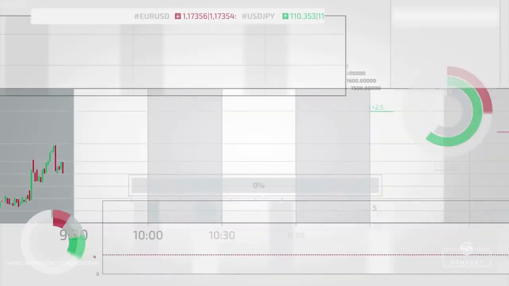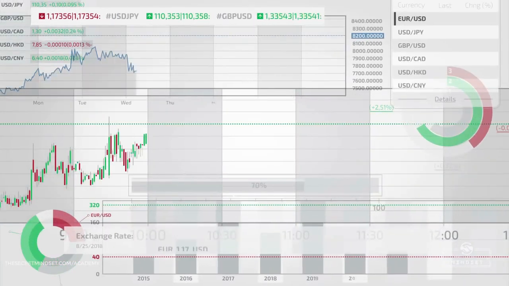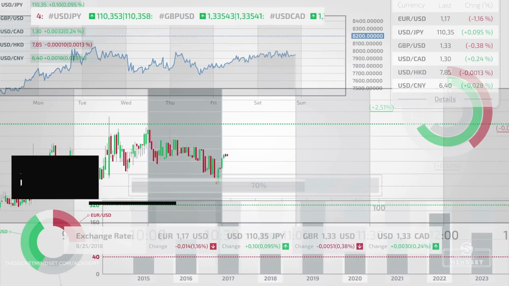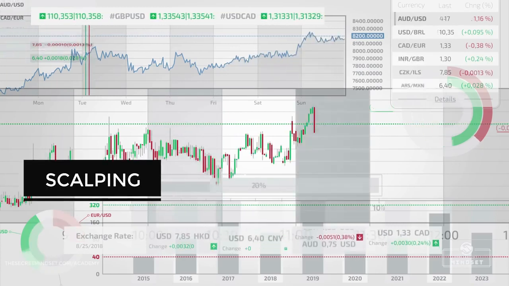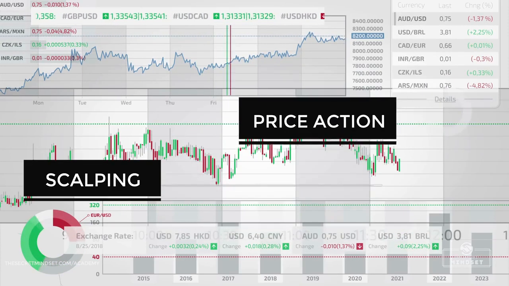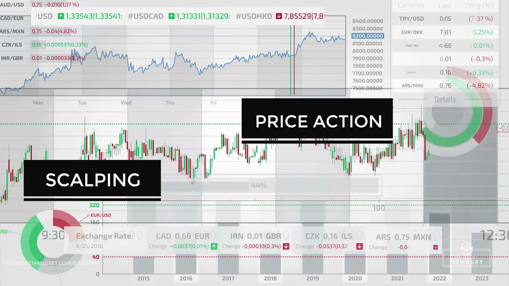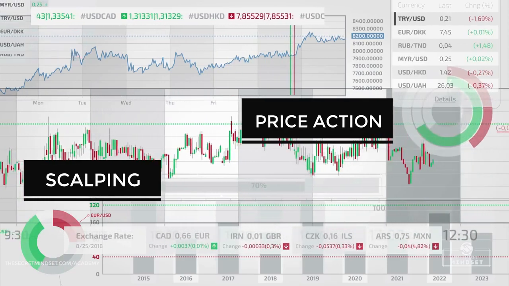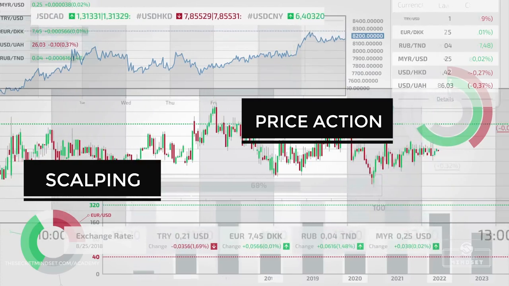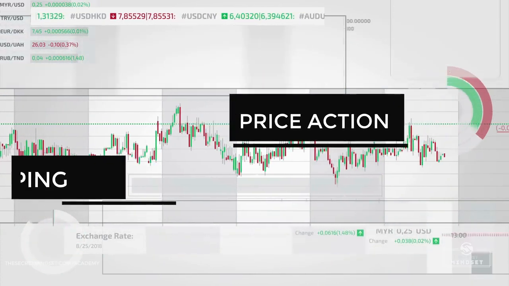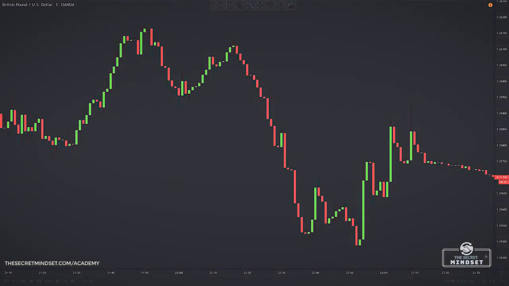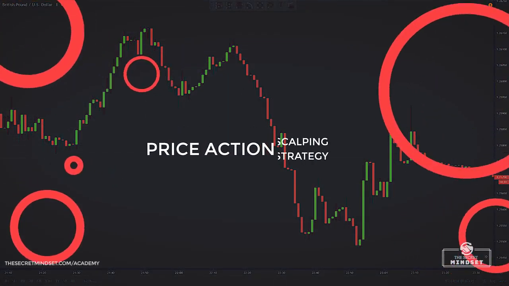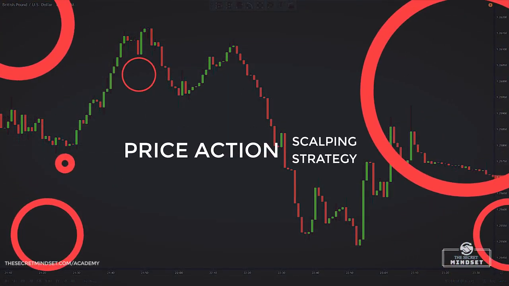Many traders prefer to get involved on lower time frames and to make quick profits scalping forex and the stock market. Others are price action traders, reading the markets and making trading decisions based on recent price movements, not relying on technical indicators. But can you combine both, scalping and price action? Sure you can. And in this video I'm going to show you a simple price action strategy to scalp the